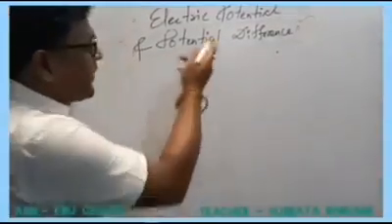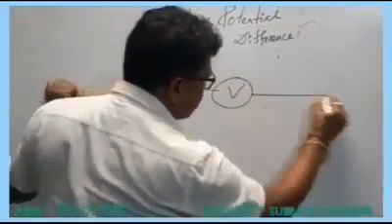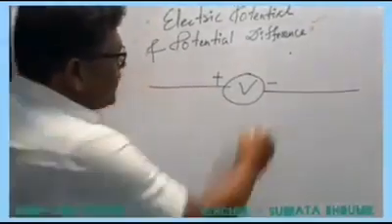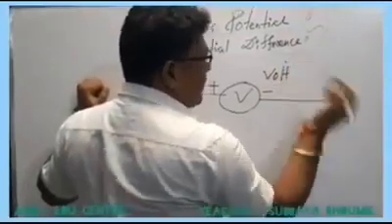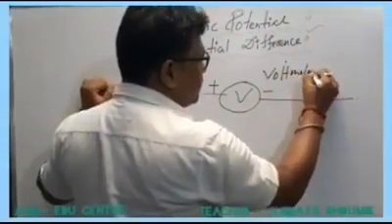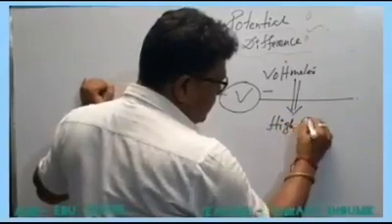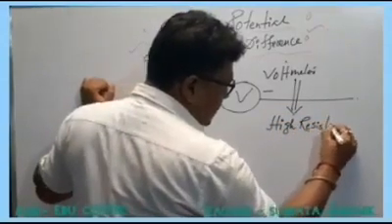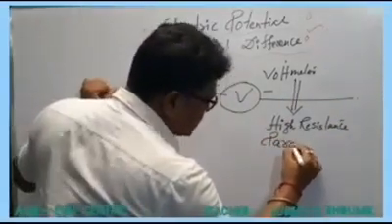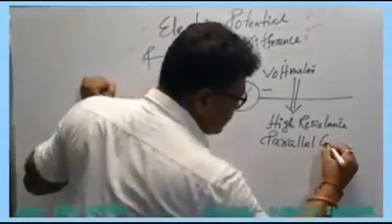The instrument that measures the electric potential difference is called a voltmeter. It looks like this. Casually you use this word voltmeter; long years back people called it a stabilizer. This instrument is a voltmeter, and it always has high resistance. That's why it is connected in a circuit in parallel connection. What is series connection? What is parallel connection? We'll learn in our next classes.